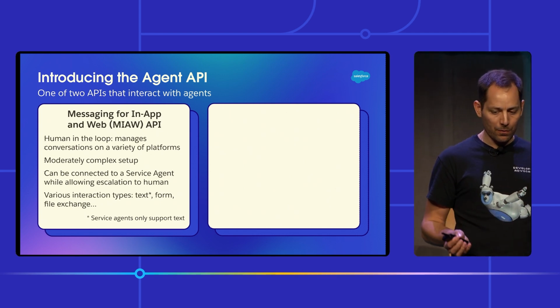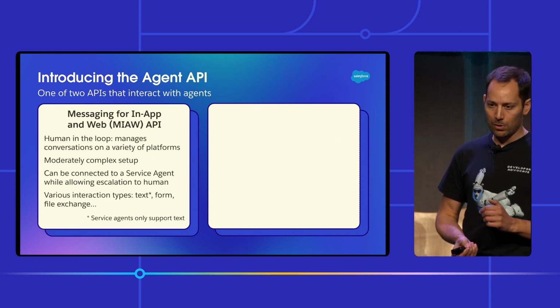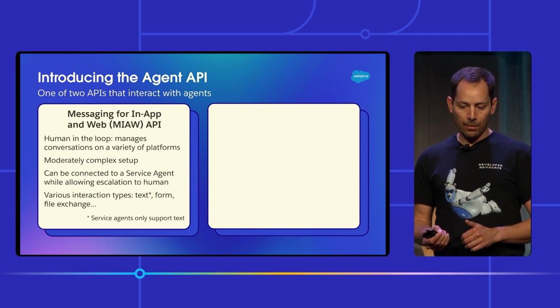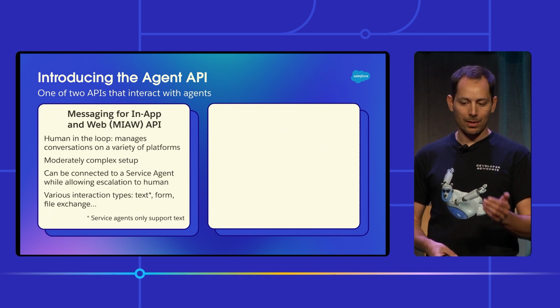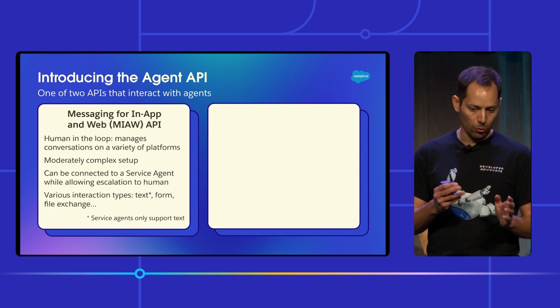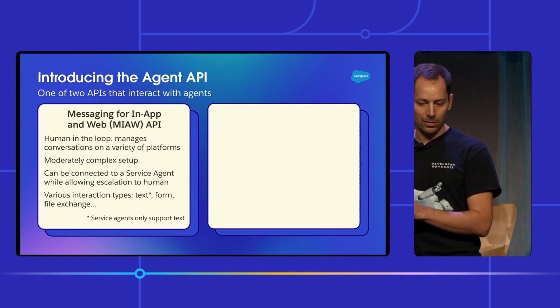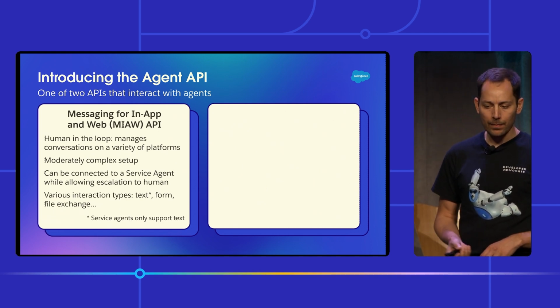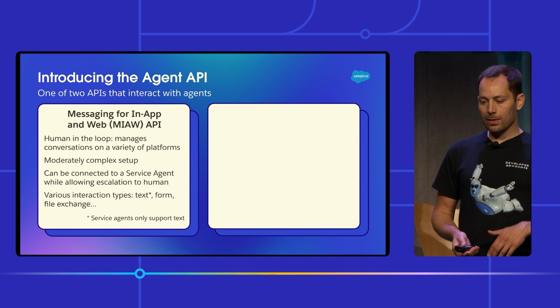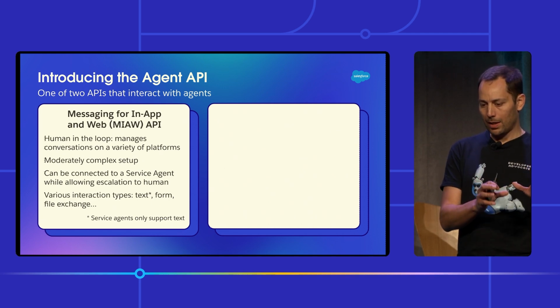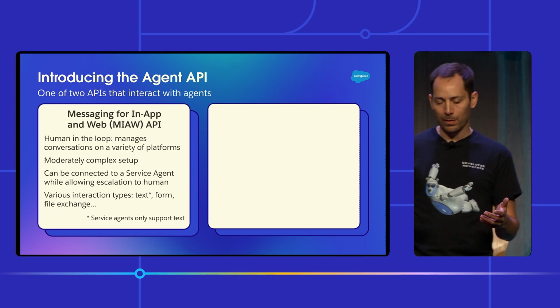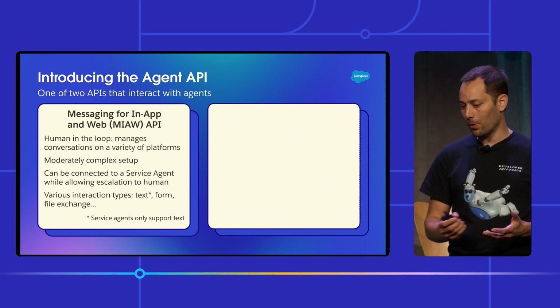So it's very powerful, but also a bit complex to set up. There are a number of things you can do which require extra configuration. You have to set up flows, you have to manage the availability of your agents, be they human agents or service agents that help your customers. And you also have the ability to start a conversation with an agent, then escalate it to an actual human person to help you with your inquiries.